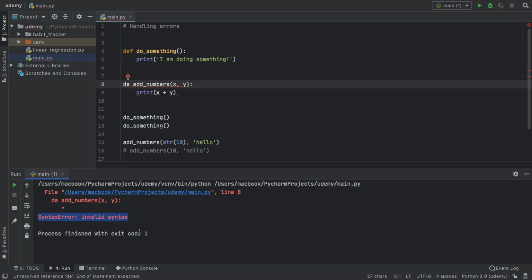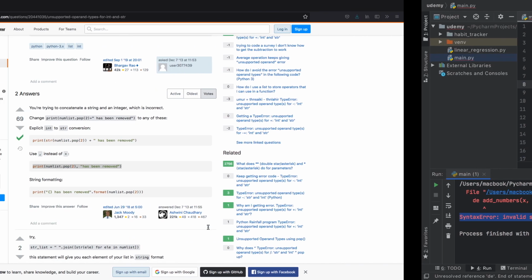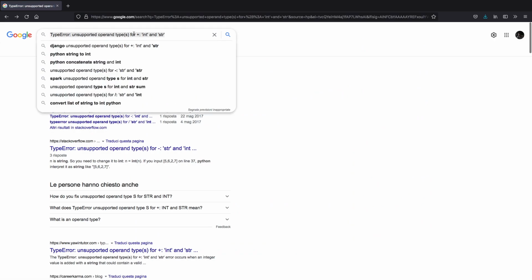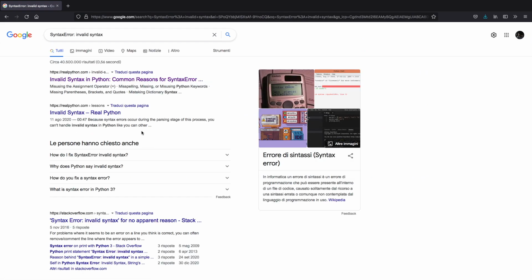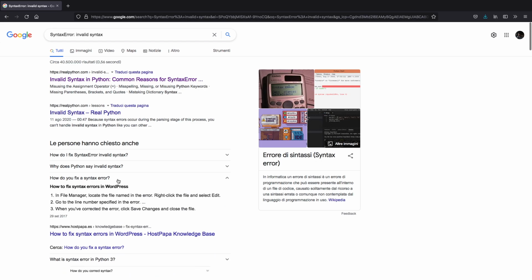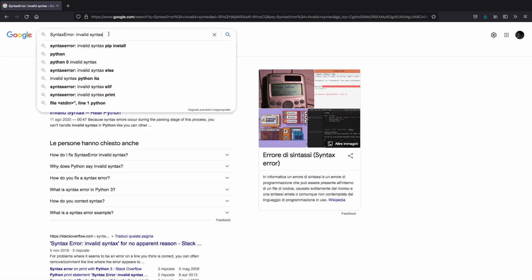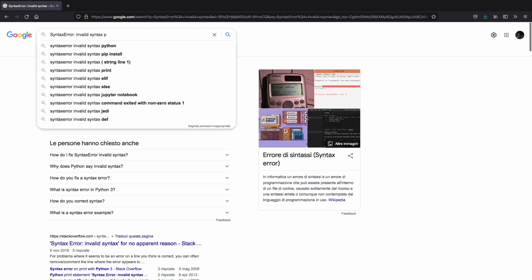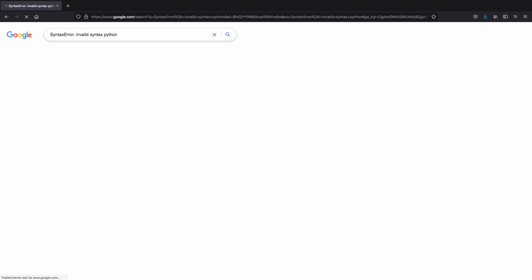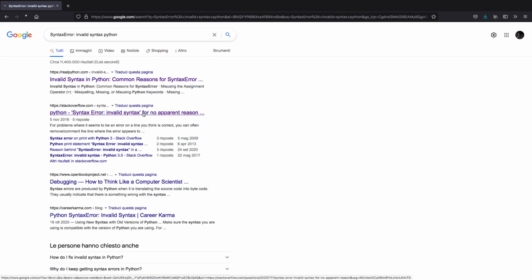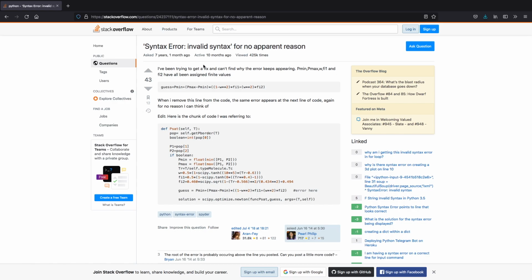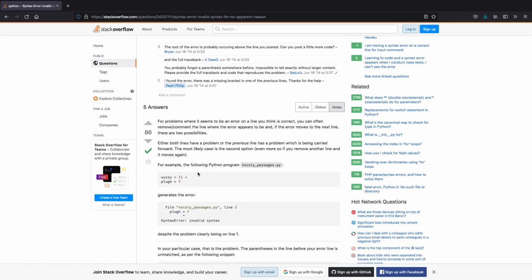And as always, in case you're confused of what an error means, just go to Google and paste it in the search bar, and you're going to get a lot of results, such as how do you fix a syntax error. And of course, you want to be as specific as possible, so include the language Python and how you encountered it, and then you can try to find the best result. So this person states that they have invalid syntax for no apparent reason. Then you can go ahead and try to understand from others' problems how your problem relates, and that's often how you learn the most